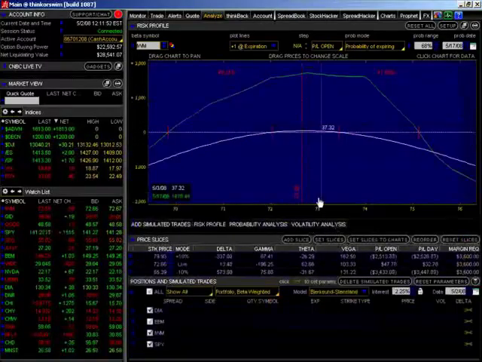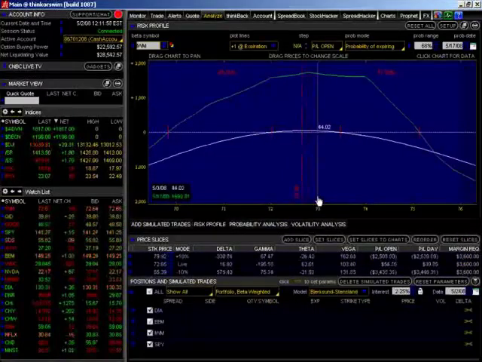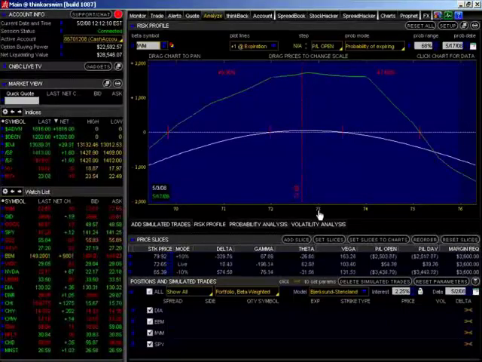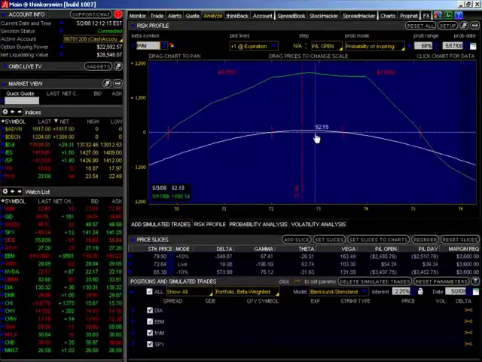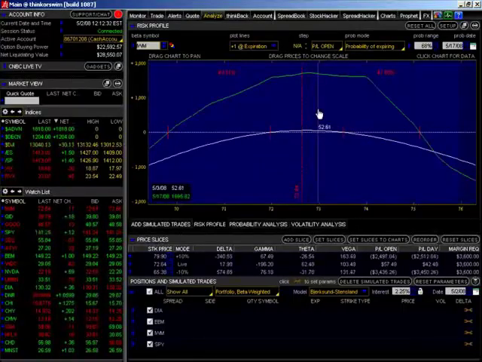Concentration of risk means that, let's say at the 73 strike price, you have a very large position. And I guess size all depends on the capital that you've allocated for this business. But let's say $5,000 is a lot of money to you. Well, if you have $4,000 of your money tied up in margin and they're all centered around the 73 strike price, you're concentrating your risk at that point.